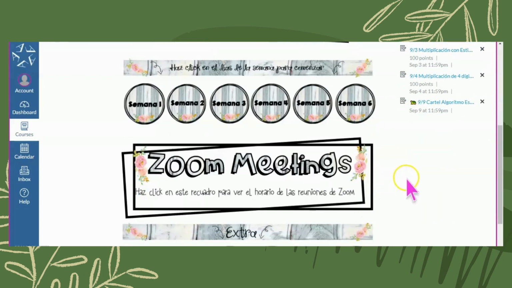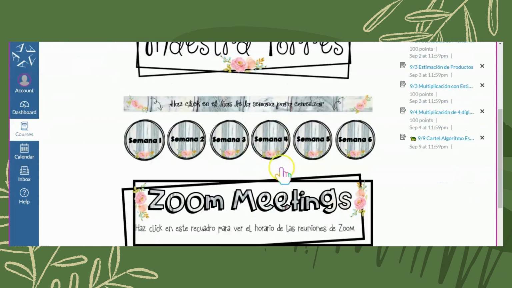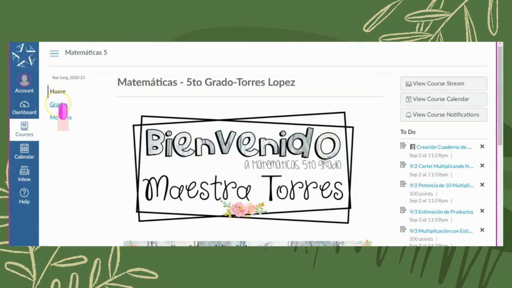Now we want to talk about grades, and that's why I'm going to go to this tab right here. I only want students to have 3 tabs. It's easier for them to be able to manage and check everything they need in these 3 tabs. Anything else, I will assign it within their home page so it could be easy access for them. So I'm going to click on grades,